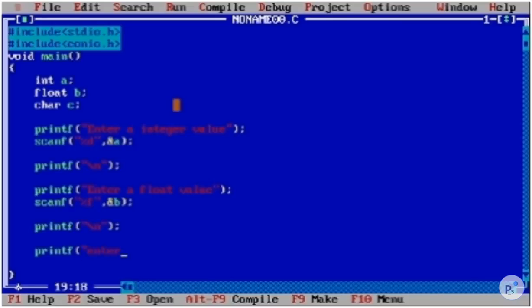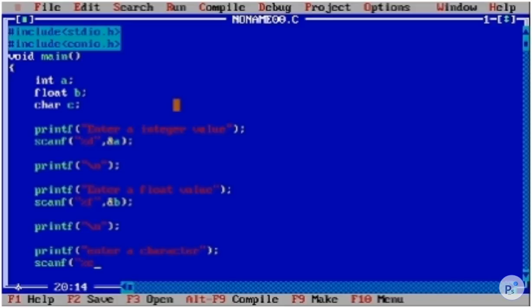Enter a character. So we have taken a character, but we will make a mistake intentionally. Now for taking a character, we use %c.